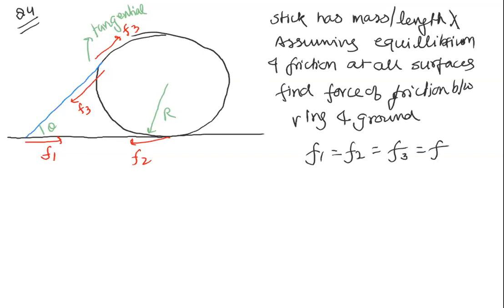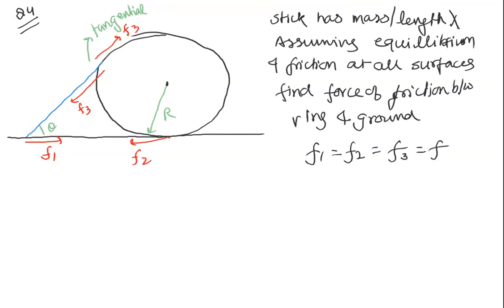Not only must the forces on the objects be 0, but the torques on the objects must be 0 as well. And the torque on the individual objects must be 0. About any point they must be 0. And the torque on the whole system must be 0. About any point it must be 0. So if I were to choose the ring and only the ring, and if I were to choose this point as the origin,